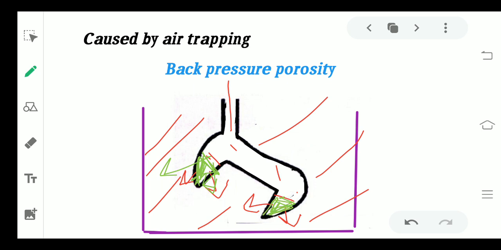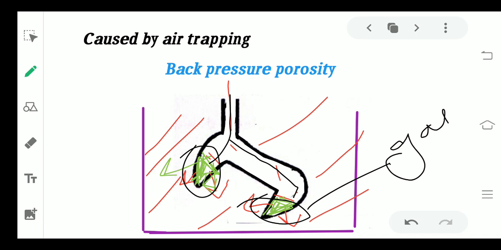Now what will happen when the molten metal comes? For example, this is the molten metal which is coming. It will fill the whole of the crown area except for this green region, because this is being taken by the gas, or you can say this is being taken by the air which is present inside. So the molten metal will fill all of this area, but it will not be able to fill the area which is colored green. And so a big void, or a big space, is entrapped by the air, and this makes the crown region quite weak from this area, because there is all air here and no molten metal.